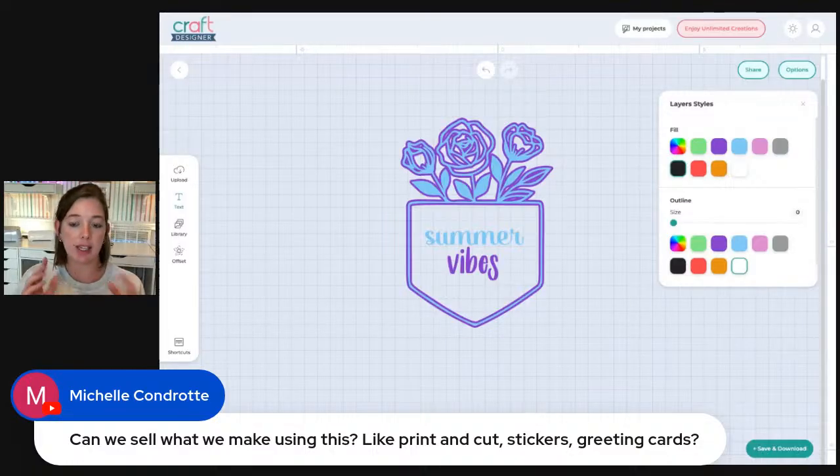So that means even if you pulled in elements from something that you downloaded in the Plus library and manipulated it in Craft Designer to make something new, you could sell that. Or even if you found just a straight up file in the Plus library that you wanted to put on a t-shirt and sell, you could do that. So all of that is wrapped up in your Plus membership, which I think is awesome for anyone who wants to start a craft business. It just makes it so much easier because you don't have to worry about commercial licenses. They're wrapped in.